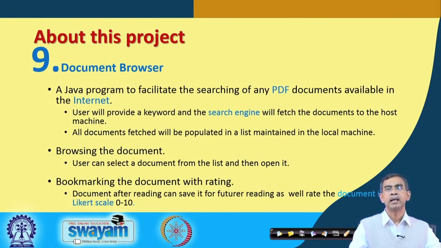So, it is not exactly the same as the search engine like Google does for you. It basically gives a link of all the documents, then the user has to click, with some snippets. However, what I am telling is that you have to process this page a little bit, which the search engine returns, and then get the PDF file and download this PDF file on your own and then make a list in your own machine. So, this is the extra step that the proposed browser should do.